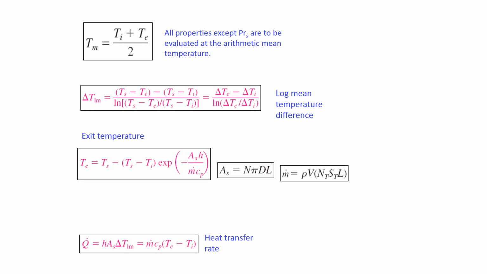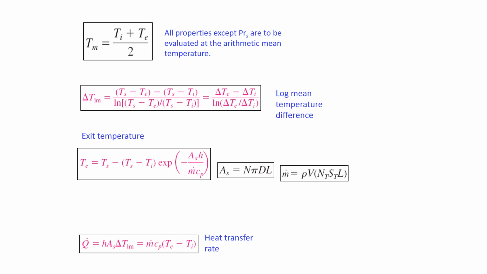We also give the exit temperature as mentioned here: T exit equals Ts, where Ts is the surface, minus (Ts minus T inlet) in brackets, with the exponential of A_s, the surface area, h, the convection heat transfer coefficient, m dot, the mass flow rate, and Cp is the